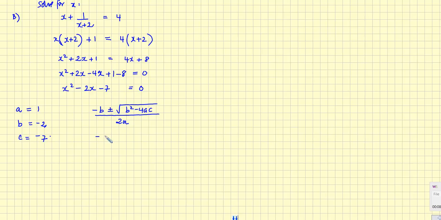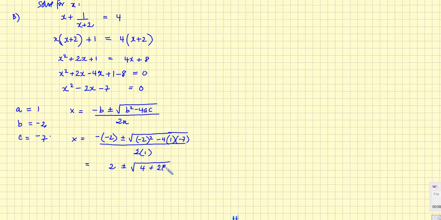So it will become, and this is still x equaling, I'm forgetting to put the x equals, negative 2 plus or minus the square root of negative 2 squared minus 4 times 1 times negative 7, and that all gets divided by 2 times 1, so that we end up with 2 plus or minus the square root of 4 plus 28, all divided by 2,